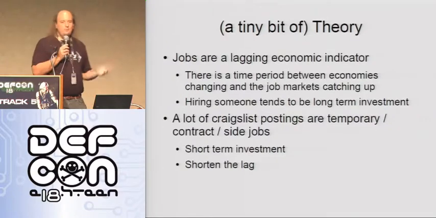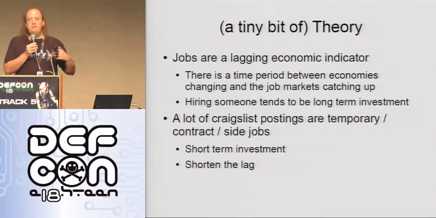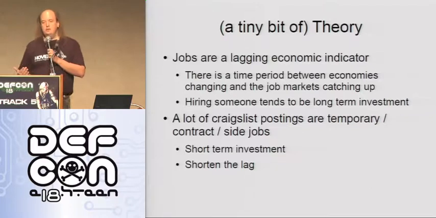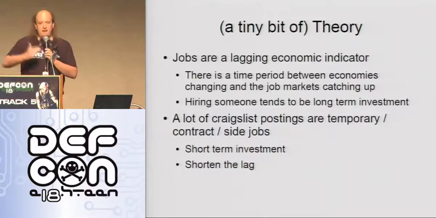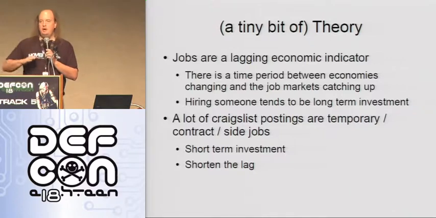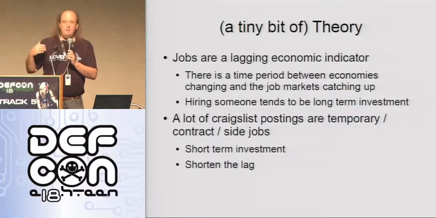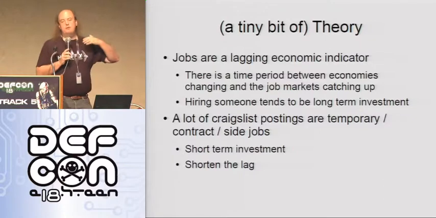So, if you look at economic theory, you always hear the term that jobs are a lagging economic indicator, which basically means that as the economy in general or a particular industry is either going up or going down, the jobs in that industry will lag behind. It'll be a few months behind, 3 months, 6 months, something like that, before the job numbers actually catch up with the trend in the market. Kind of makes sense. There's a time period for people to hire people. Hiring someone is also a pretty long-term investment, generally speaking. So a lot of companies don't want to do that until they're sure this is going to be